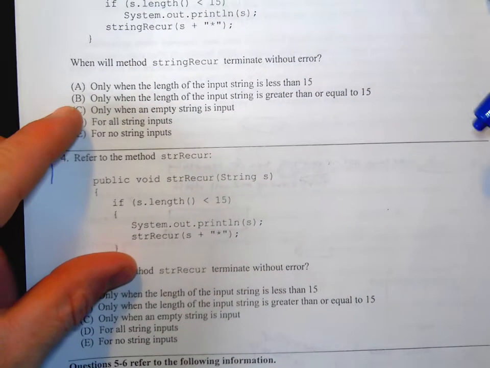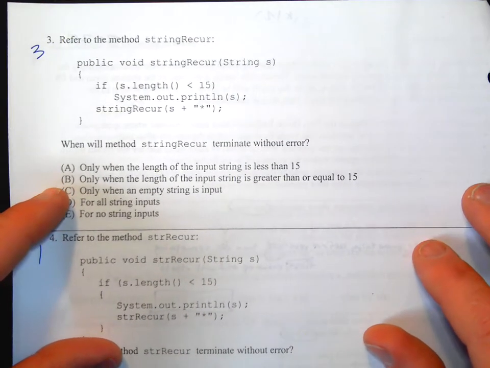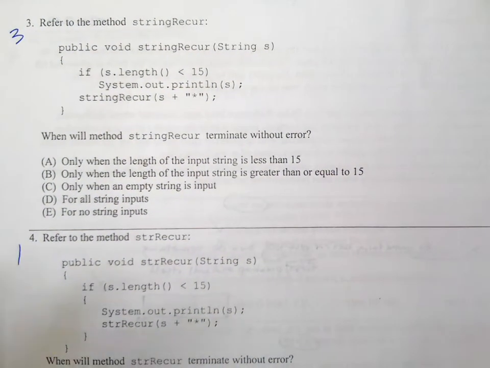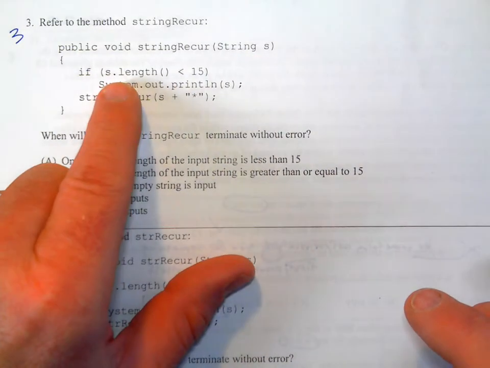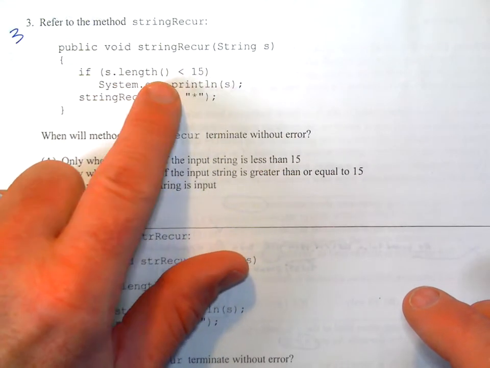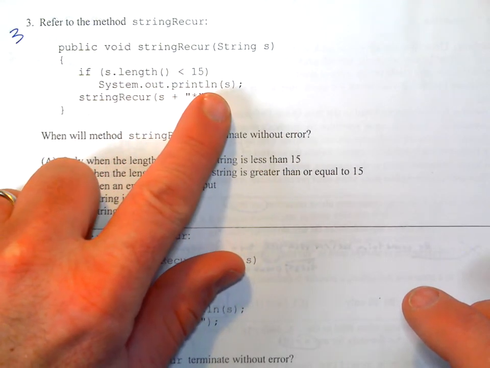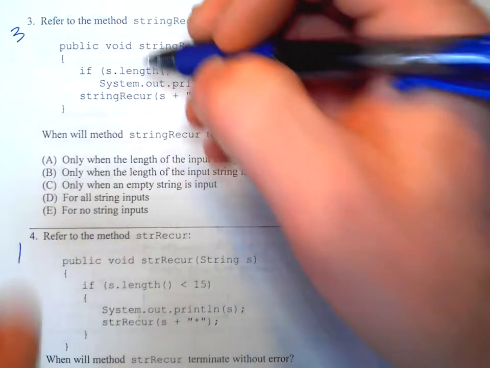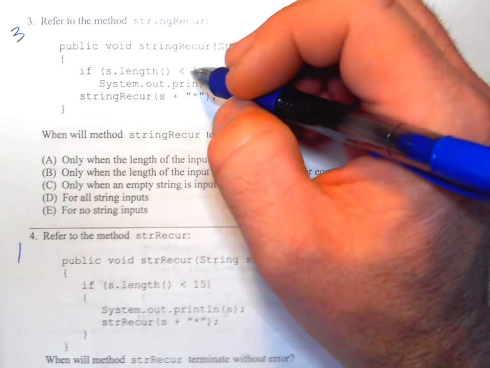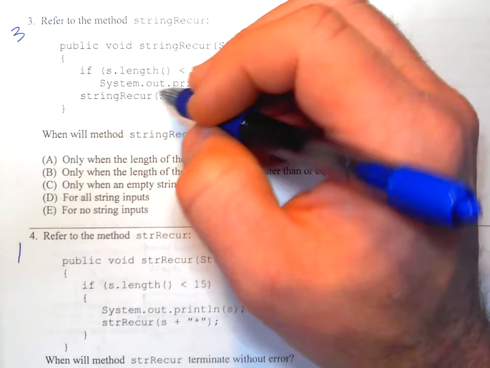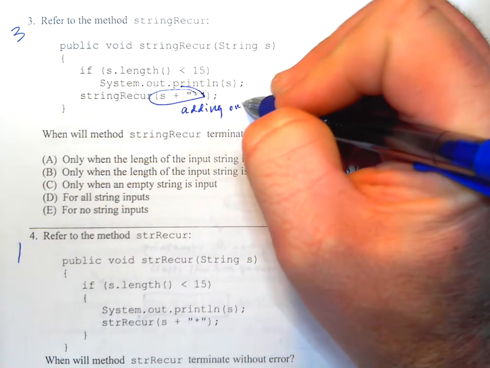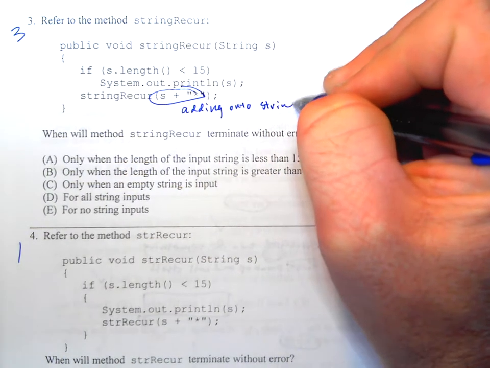Number 3, which refers to the method stringRecur. So it's probably some kind of, they like to use generic names, probably a recursion algorithm involving strings. So you pass a string in, and if the string length is less than 15, then you print out the string. And then there's no else here. And so it just prints it out once it gets to less than 15, but then it keeps calling stringRecur plus star. So it keeps adding onto the string, which means if it's